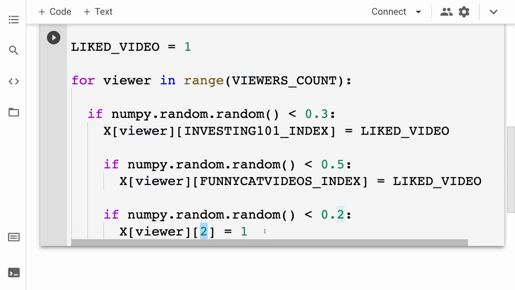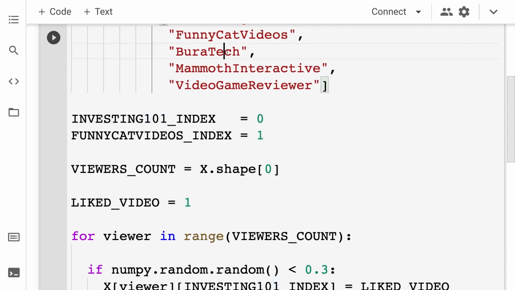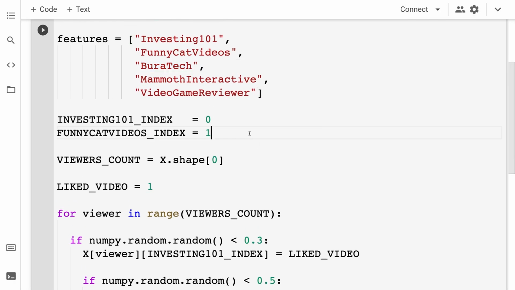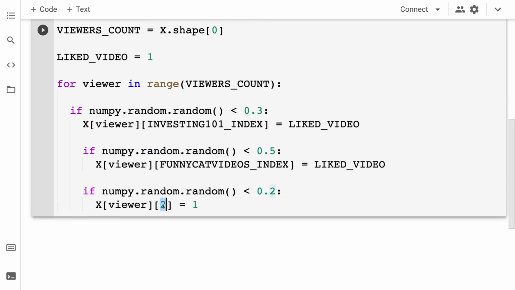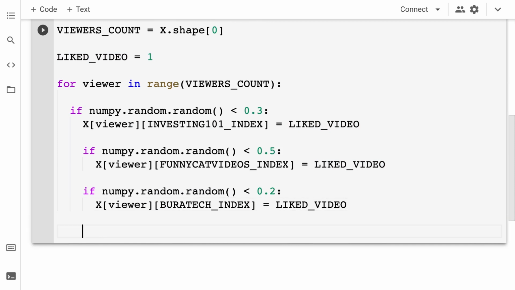This column 2 represents our next channel, which is Buratech. So I'm going to make that Buratech index constant, and I will set that to equal 2 because it's the next feature. Then I'm going to replace the 2 with Buratech index, and I'm going to replace the 1 with liked video.